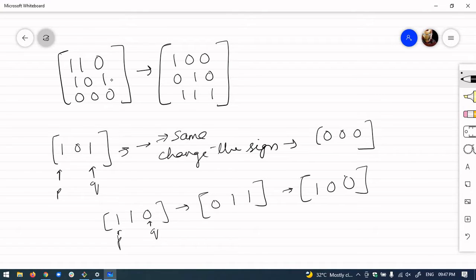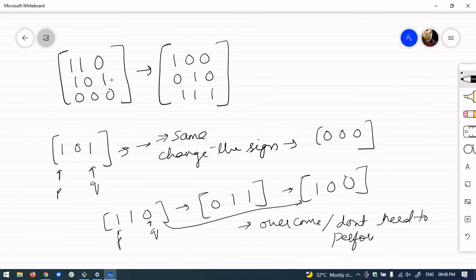So if you can see, initially we are not actually changing anything, so it's a redundant step, and we can overcome it or don't need to perform it. So let's code it out on LeetCode.